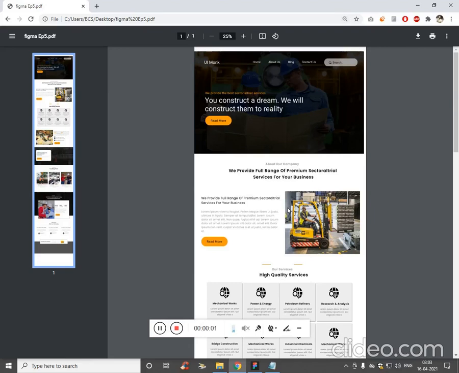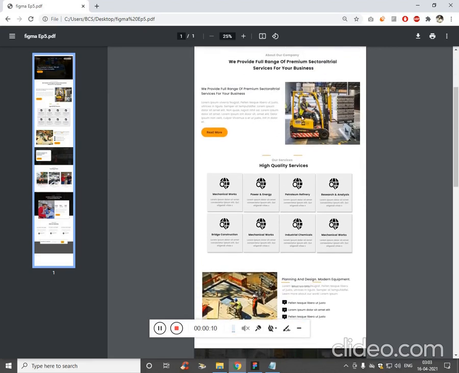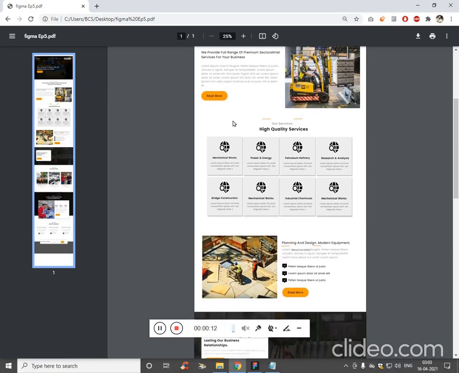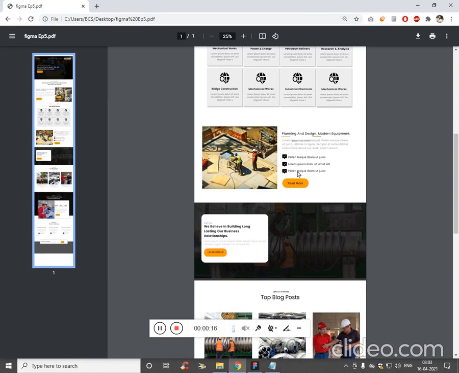In this video we are going to see how to create this wireframe using Figma. Now you see this is the banner section, which has the menu section as well. Now we have the about us section, which has the image, and this is the service section, which is a grid, and again it's like an about us followed with the